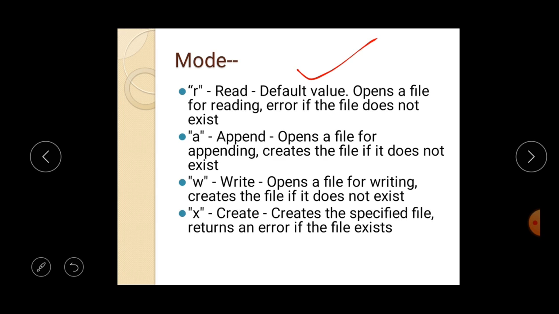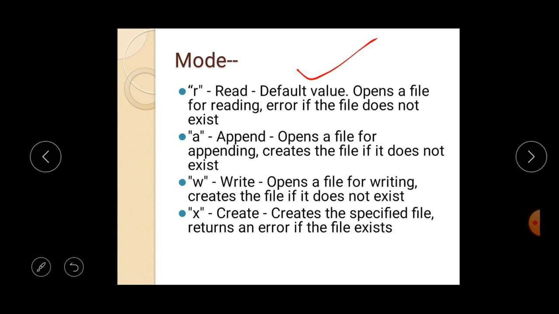The next mode is append mode. Append mode opens a file for appending anything, and in terms of existence it works like the write mode. Similarly, if the file does not exist in the memory, the compiler will create a new file in order to write anything. So what is the difference between the read, append and writing modes?